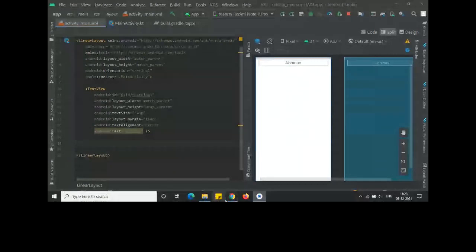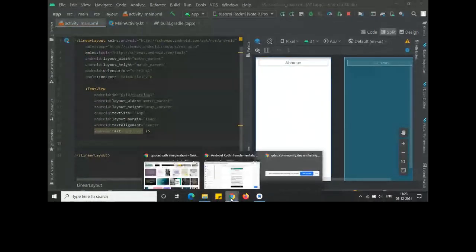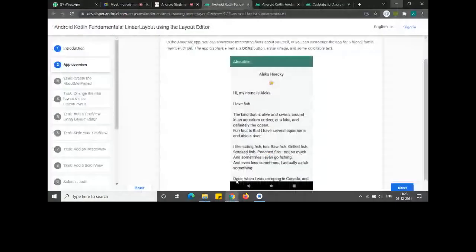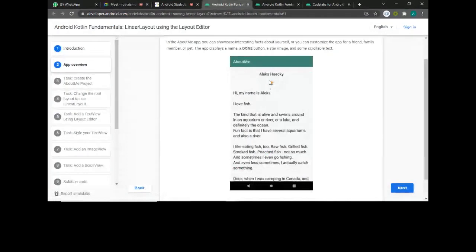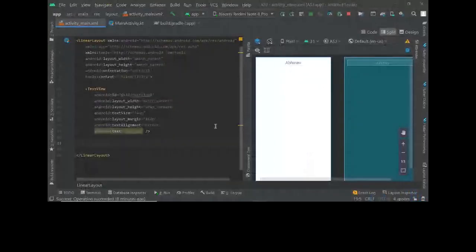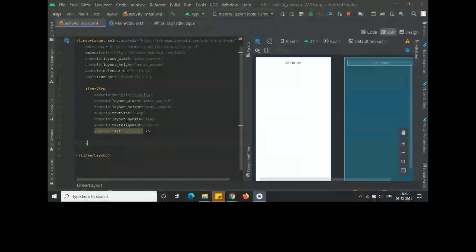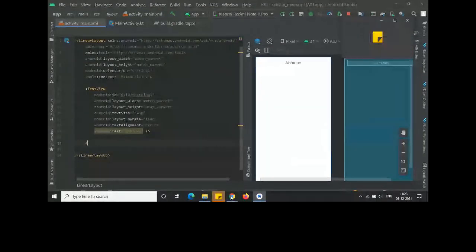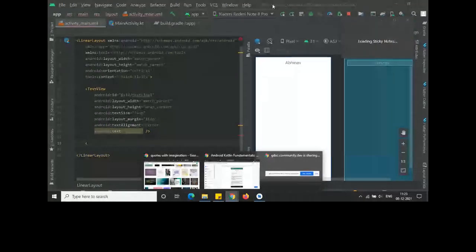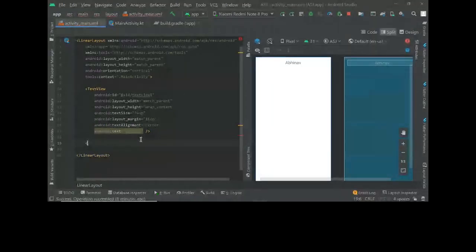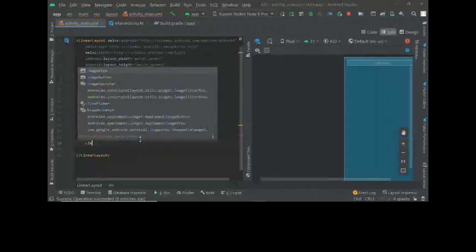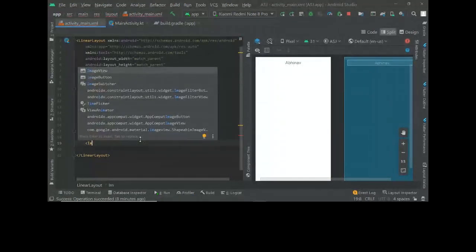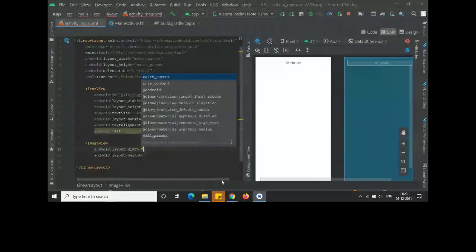Next, what they've done is they added an image like a star here, but we don't have a star now. Just add an image that's already there. To add an image, it's called image view.